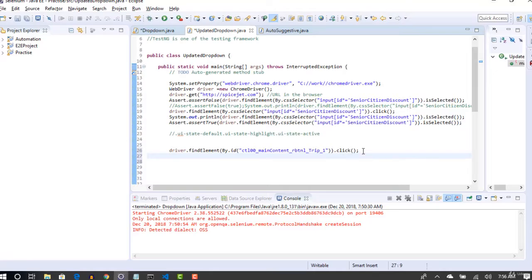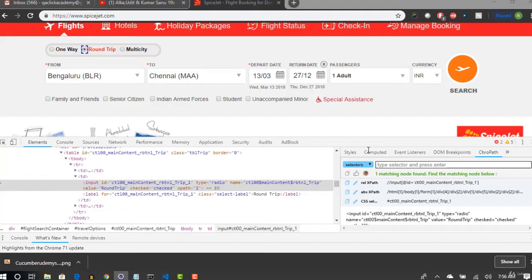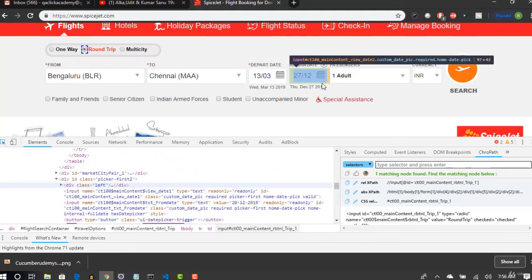So in Selenium, there is a method which will actually tell you if it is enabled or not, but somehow that method is too inconsistent with current HTML and current browser technology, and it's not working as expected. Okay, so there is a workaround to know if it is enabled or disabled instead of using the Selenium method. So first I'm going to explain what that Selenium method is and why it is not working and what the workaround for it is. Okay, now we want to only see if the return date gets enabled or disabled.